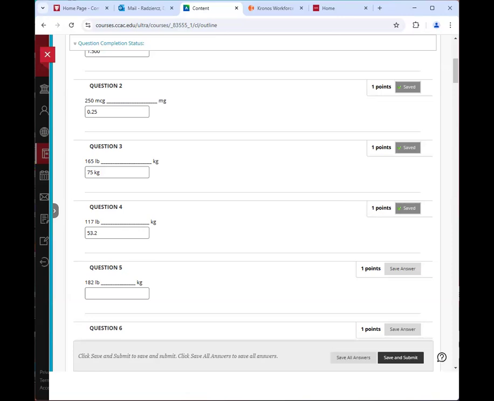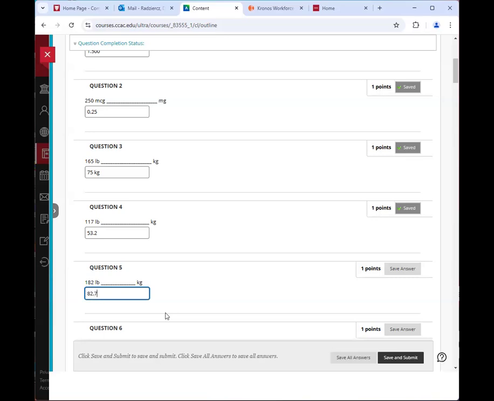All right, going down to the 182 pounds divided by 2.2. And this time we're going to get 82.727272. I'm going to look at the hundredths place. It's a 2. I don't need to round the 7, so I'll leave it alone. What I'm looking for is if the number is 4 or fewer, so 4, 3, 2, 1, 0, I do not round. If it's 5, 6, 7, 8, 9, then we do round up. So this would be